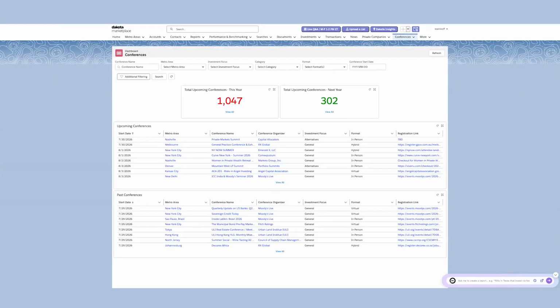As we know here for sure at Dakota, fundraising teams only have so much time and travel budget. The conference dashboard is meant to help users and you all focus on the events that matter most to you and your team. We have so much coming soon, and we can't wait to show you all, including upcoming conference